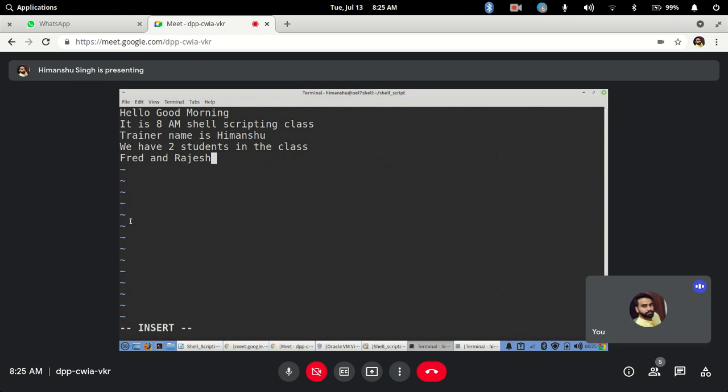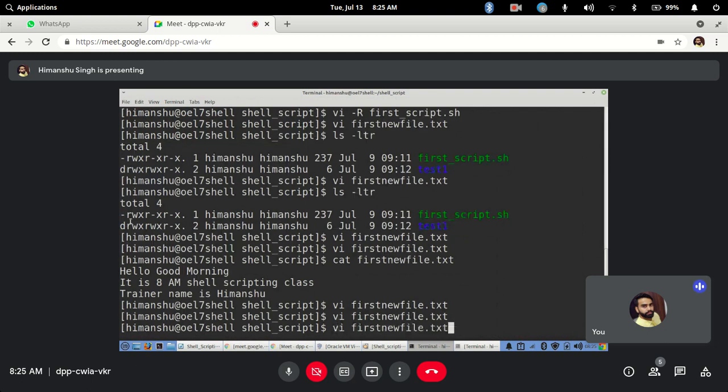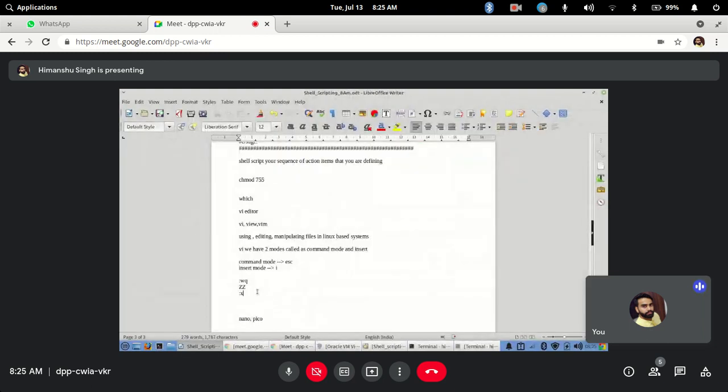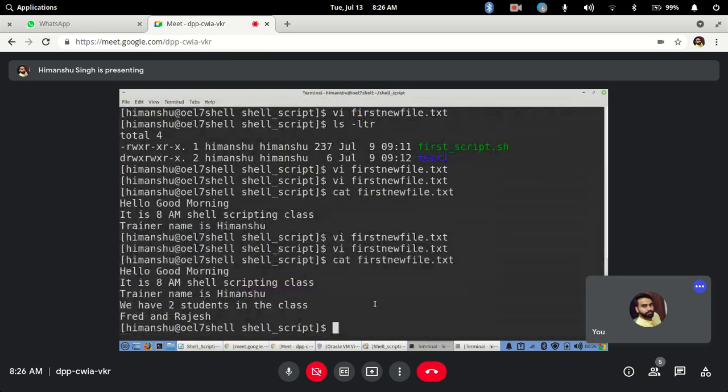Okay, so now this is there. Again I will go to command mode and colon X. Okay, this is also an alternative. So three ways. Now see, I have one more line added. So you can use ZZ, this, and colon X. All are in command mode. In command mode you have to run it, and it will save and exit the file. Got it? Any questions?